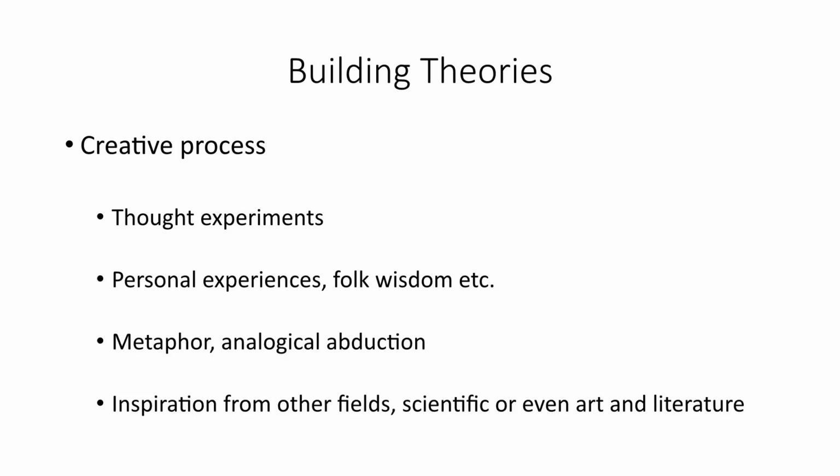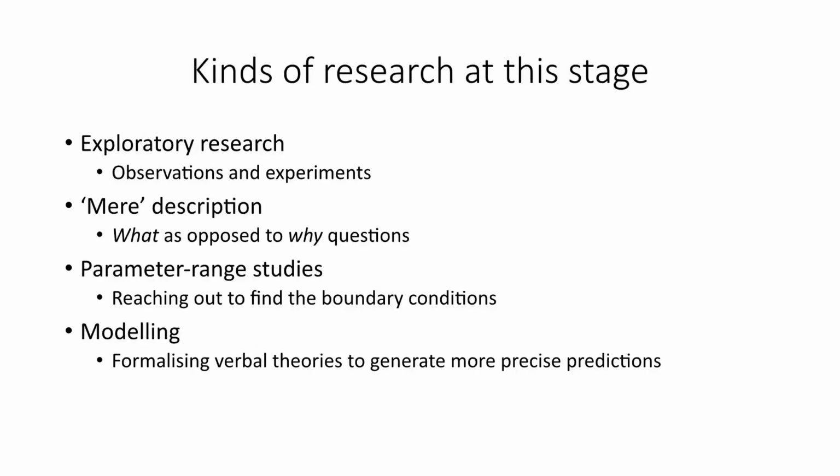So, what kinds of research itself are typically done at this stage? Well, as probably seems clear, because of the creative nature of theory building and the kinds of steps that are involved in strengthening derivation chains, often research is quite exploratory. So we don't necessarily at this stage go out with some theory to work with that will help us look for cases of confirmation or, more appropriately, cases in which we can try to falsify the predictions that our theories make. But instead we're out there like pioneers trying to explore,